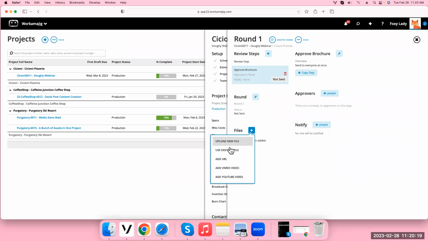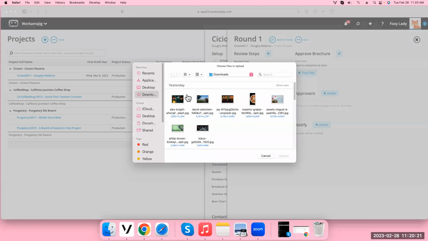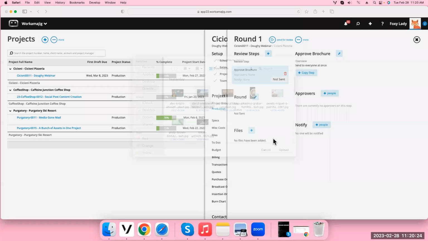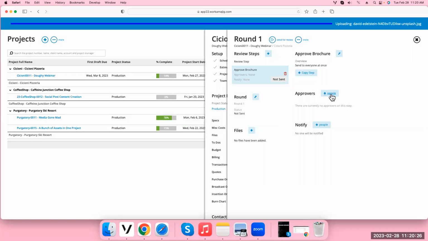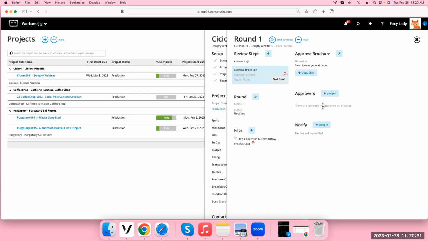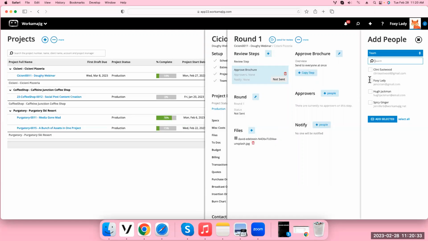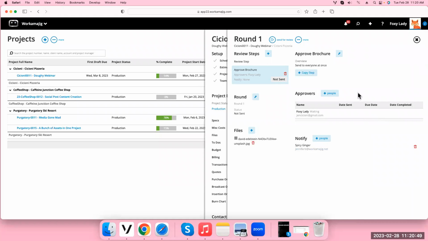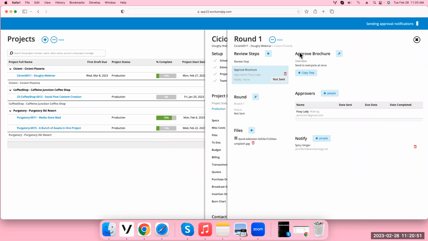Let me add a file. Add an approver. Wait for it. Sorry, guys. It's a little slow there. I'm going to make myself an approver because, again, this was that section I talked about earlier from the employee record. If people had chosen to be automatically notified, their names would have shown up on here. I just don't need to do that. All right. Once I send this for review,